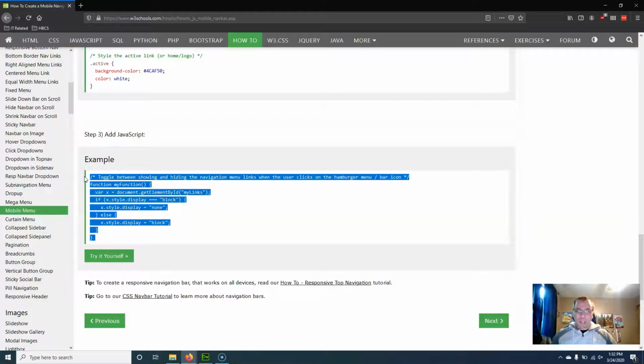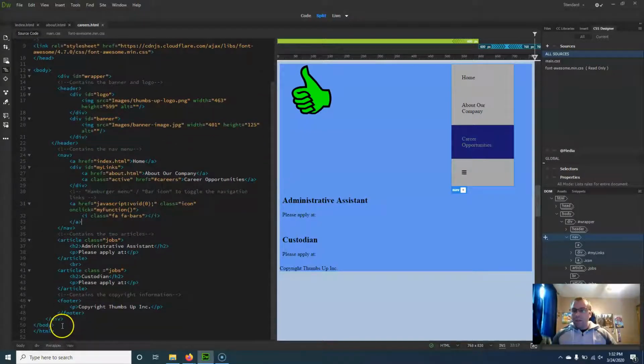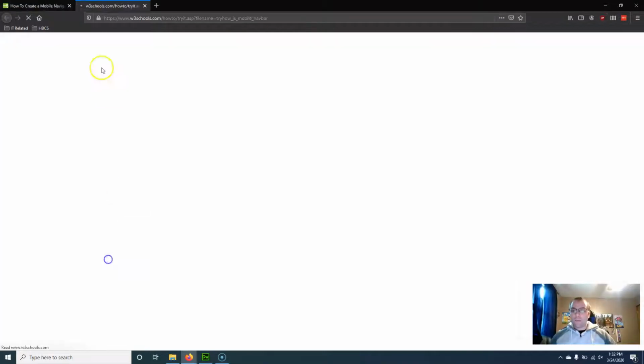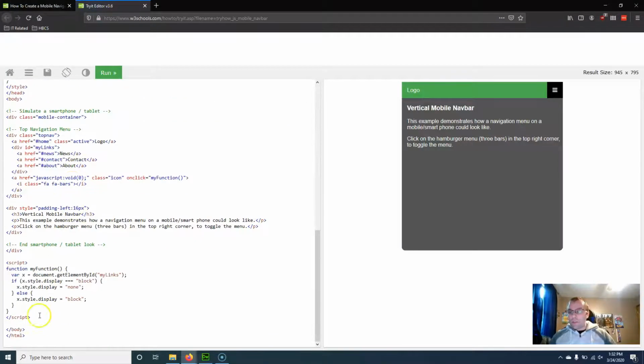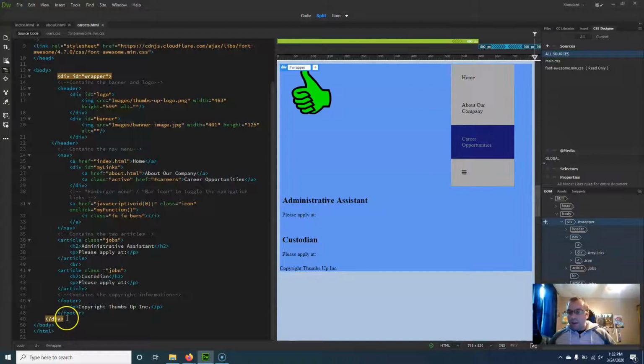So I'm just going to copy this whole thing here, and I'm going to go back to my HTML side. And what I'm going to do is put that into my document. Now, if you look at the example that they give, you can see with theirs, the script is inside the body, but not inside any divs. So here's my div for the wrapper. I'm going to hit enter, paste,